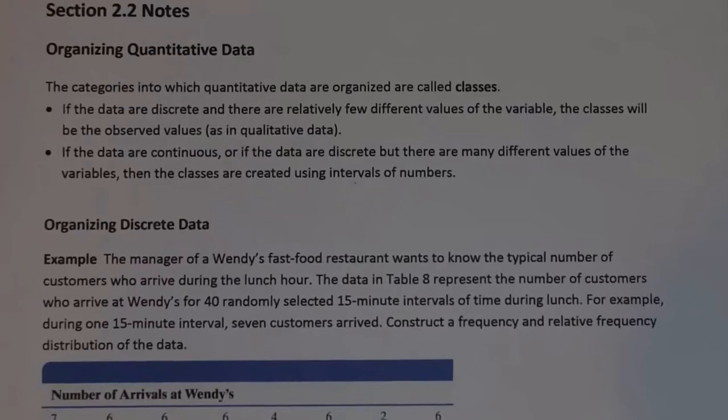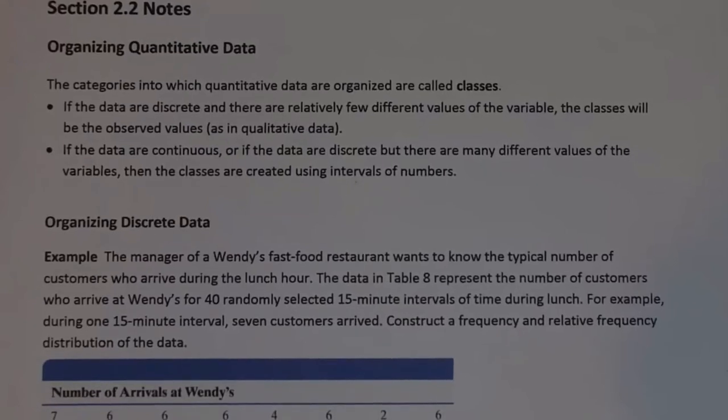In other words, if we have discrete data, and I should say also with a relatively small number of possible values that can be recorded, then we could just make each value a category and count how many times we get, say, a 2, and how many times we get a 3, and how many times we get a 4, and so on, just like we did with the A, the AB, the B, and the O. But if we have a large number of possible values, then that's probably not going to work very well for us. Instead, we're going to need to group values into intervals, and we'll look at a range of